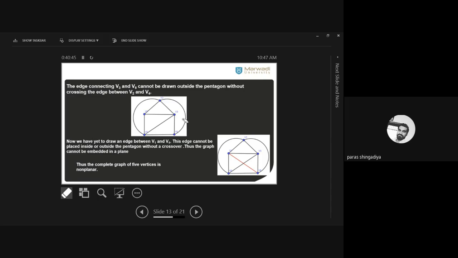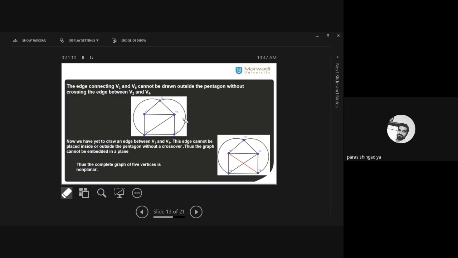It is not possible to make this graph without crossover of the edges, which means embedding is not possible for K5. Up to K4 it is possible, but K5 is not, and it involves 10 edges. K6 involves more than 10 edges, and likewise K7, K8, K9 and so on. So these are not planar graphs either.